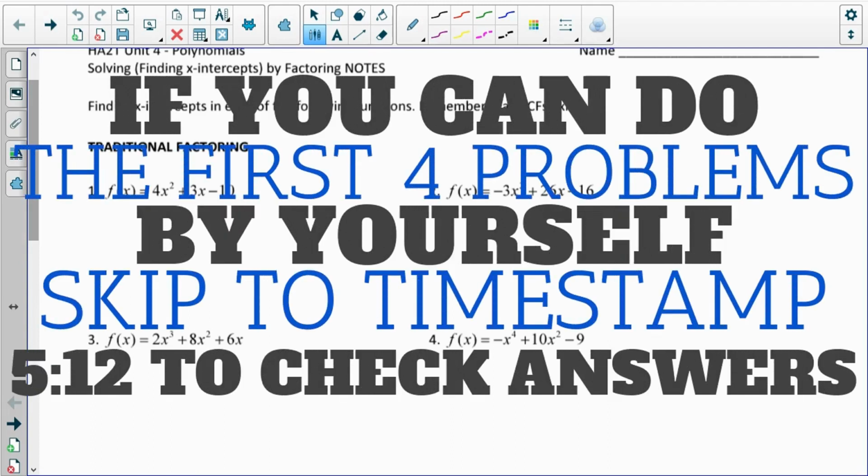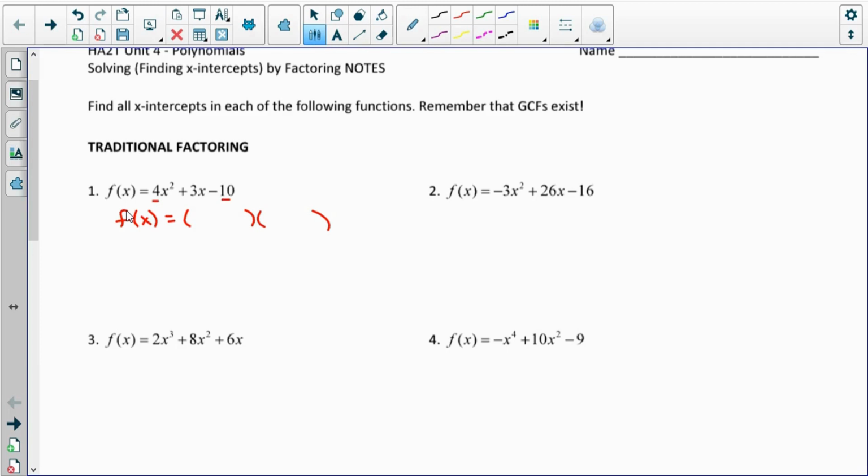First, let's do a little bit of practice with traditional factoring. So notice that 4 and 10 are both composite numbers, so I need to try any of these cases. Just a reminder from previous units that if I have, for example, let's say 4x and x in here, I cannot put 10 or 2 in this spot because there's no greatest common factor in the original problem, and I can't invent a greatest common factor